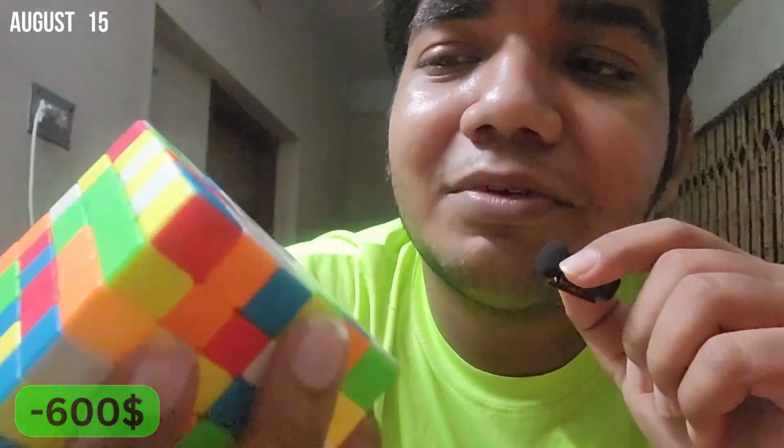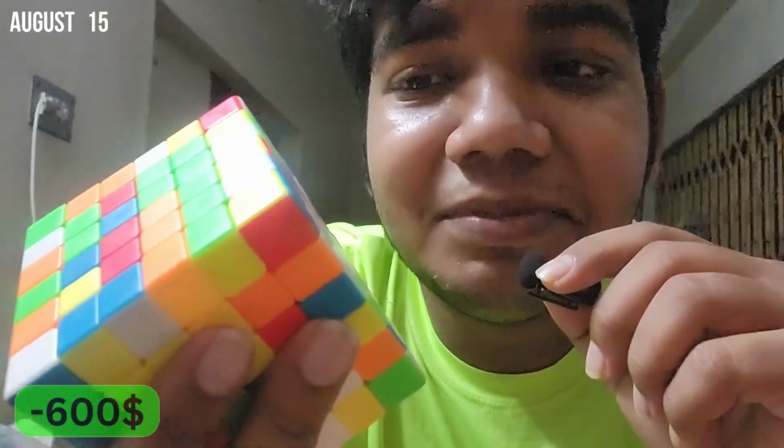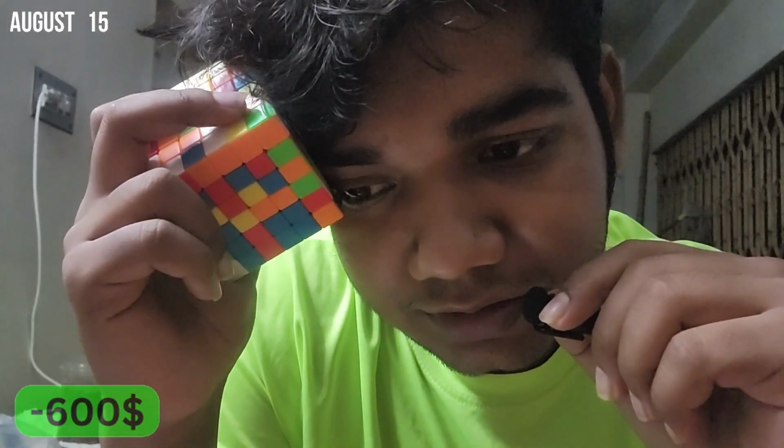For almost 1.5 hour, sorry, I shouldn't lie, for almost like 30 minutes I tried to solve, but I couldn't even solve a single white side, the middle section, the center of the white. I don't know what I should say. I feel so frustrated at this point, to be honest, that I don't feel like I want to continue this challenge. Just giving up $100 is an easier thing for me to do